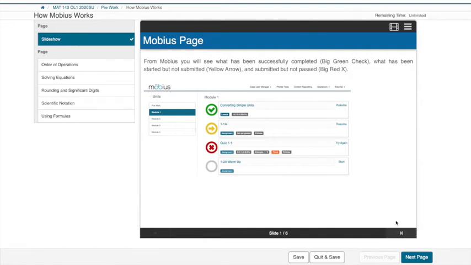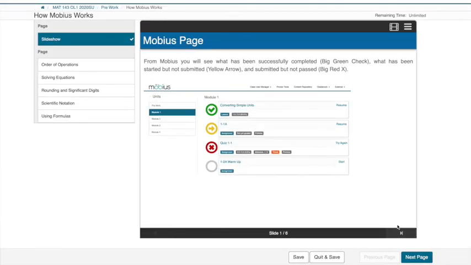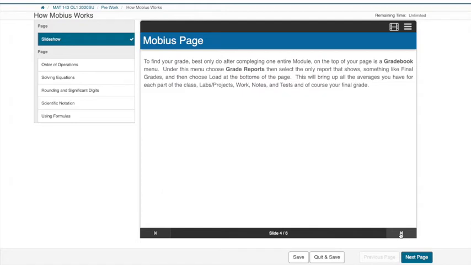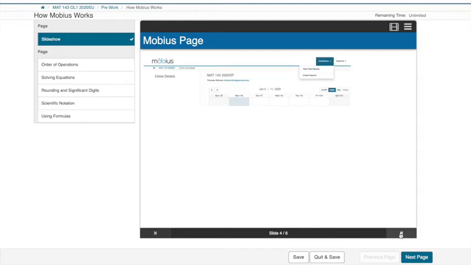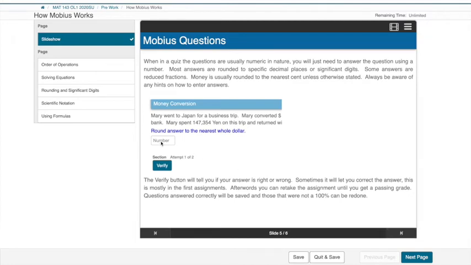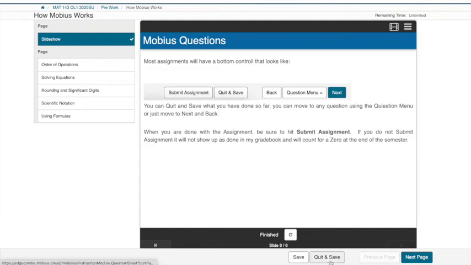So if you don't see it, hit Command minus or plus so that you can resize the window so you can see this little arrow, because you have to view each one of the pages, and if there are questions in there, you have to get those right also to get 100 on this piece. Now this one here is just a picture showing you what it looks like, so there's nothing to enter on that one. And then when you're done with it, all you have to do is quit and save,